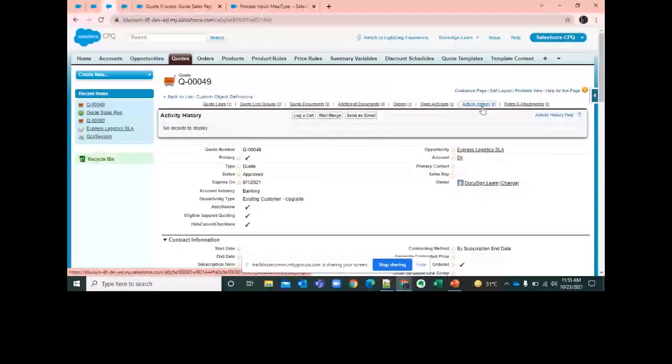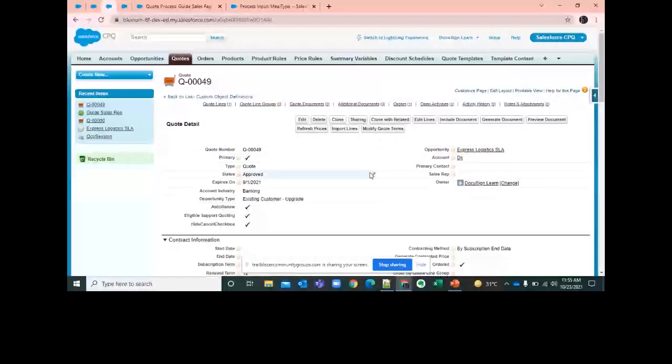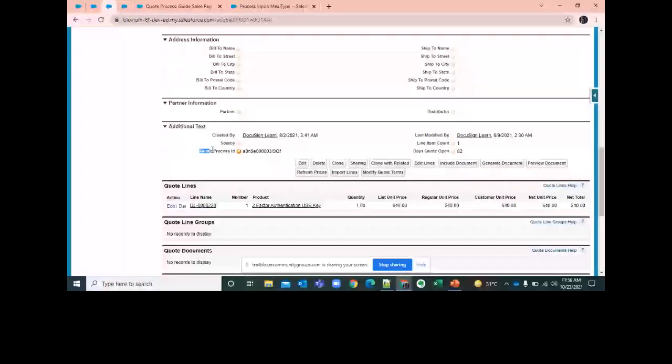But the most important part, the heart of guided selling, we forget. That is linking the quote process, linking this guided selling to our quote: we forgot to populate the ID of that guided selling into the field called quote process ID.